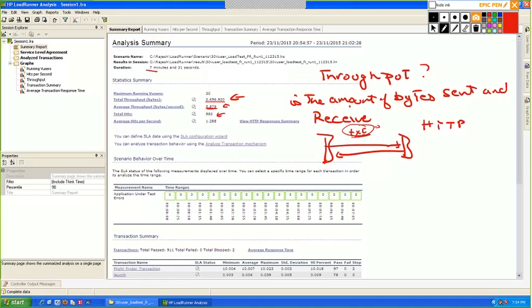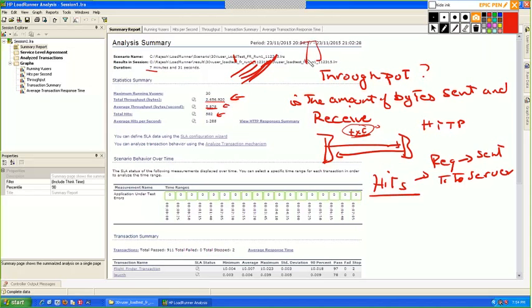The next is hits. Hits is the amount of requests you send to the server. That is, if I launch a page, that means I send a request to the server. That is one hit. So the amount of hits that went from your load generator to the server.